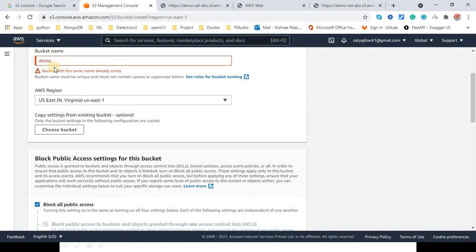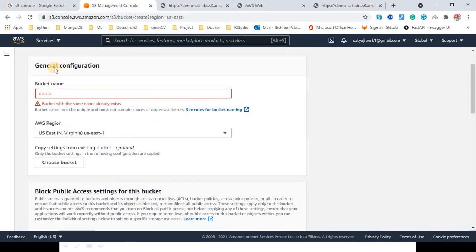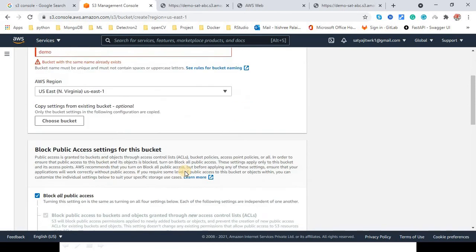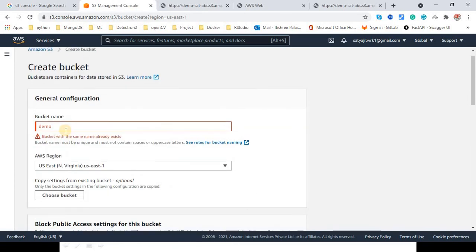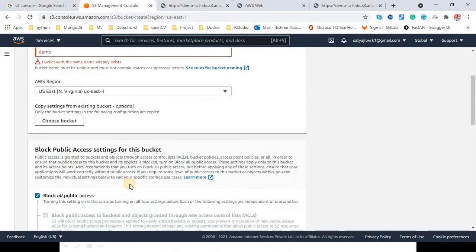That's why the very first time when I created a bucket, I put the name in a way that it would be uniquely identified. Okay, and the region is very simple. Let's say in a folder or in your directory, you can't keep a similar name. The same concept is here. You can't keep a similar name, and since it is based on this name, it creates a URL or an endpoint. That's why AWS makes sure that when you're creating a bucket, it is uniquely identified. Okay, so this is done.